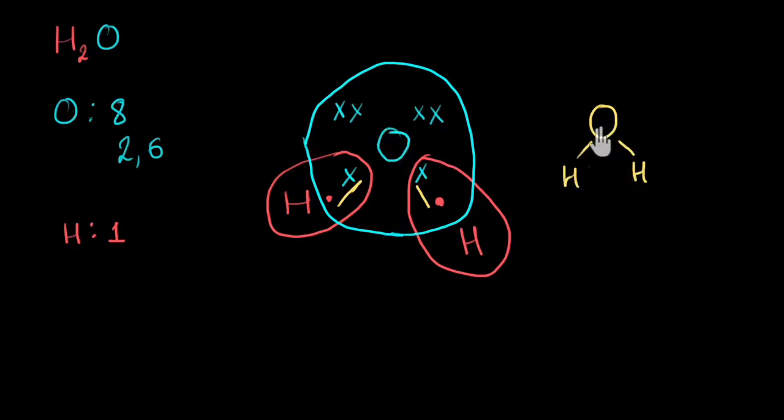And oxygen has 4 electrons that are not participating in sharing. So I can draw these 4 over here. Well, you know what? Even to make it simpler, we can get rid of these 4 crosses and just say that this is our structure: O, single covalent bond, and H and H. This is our structure of water.